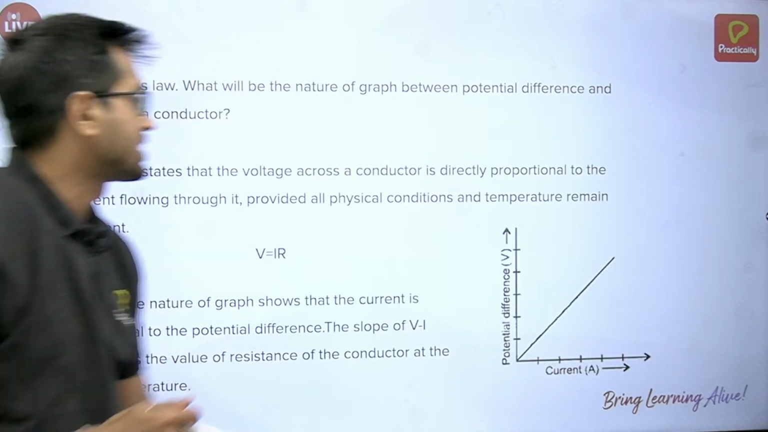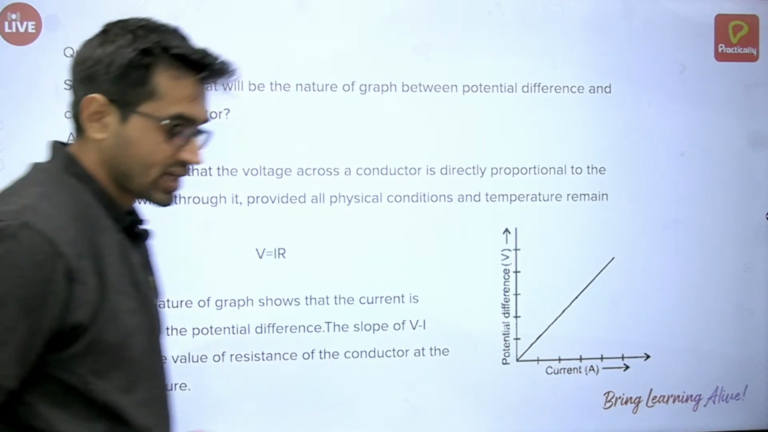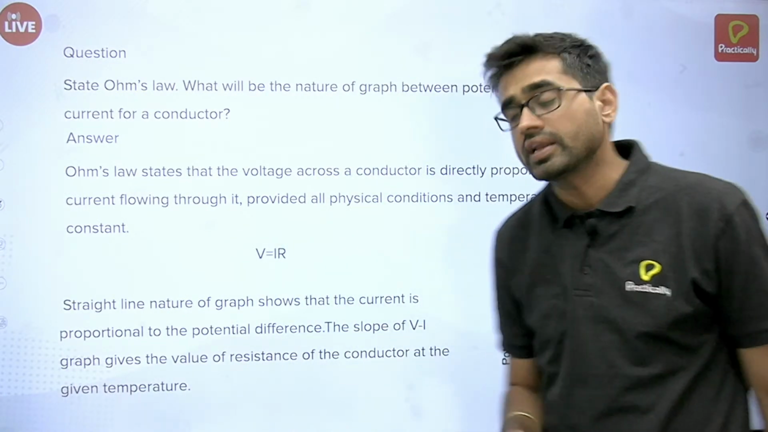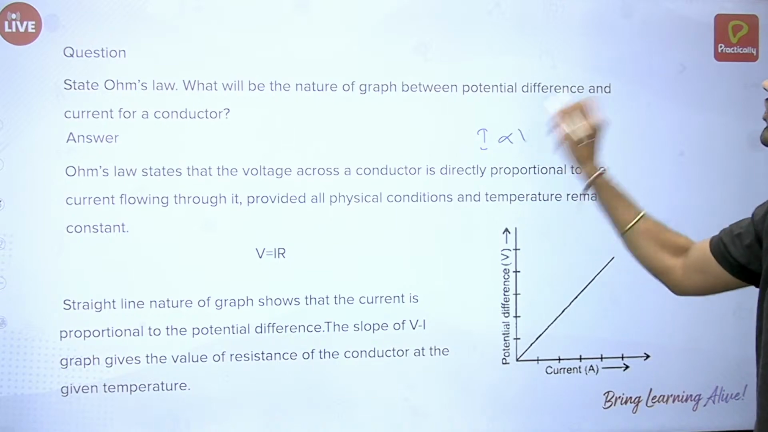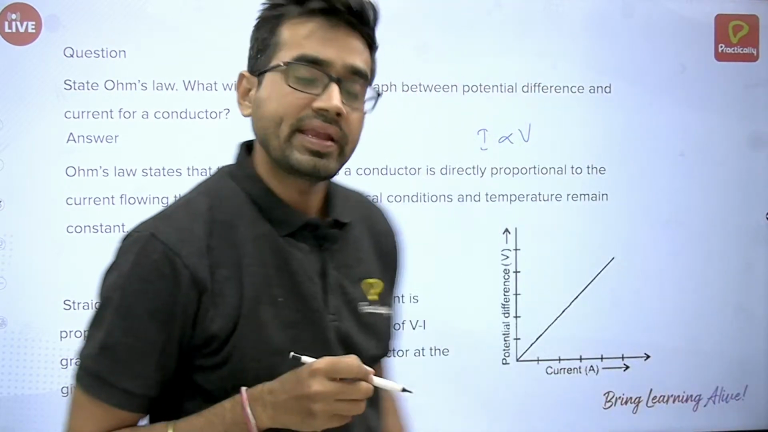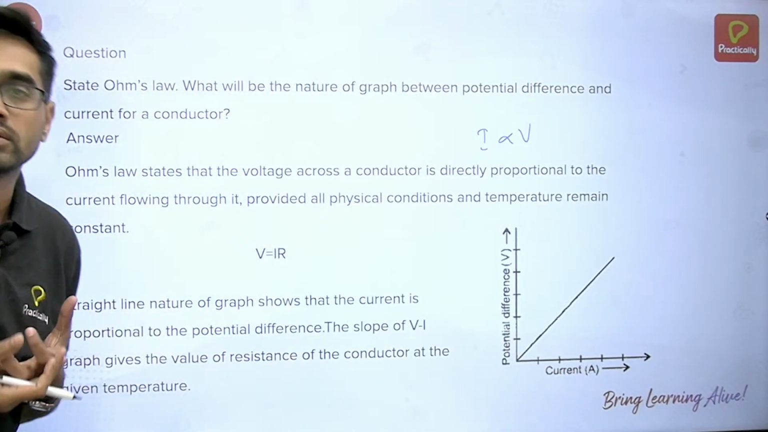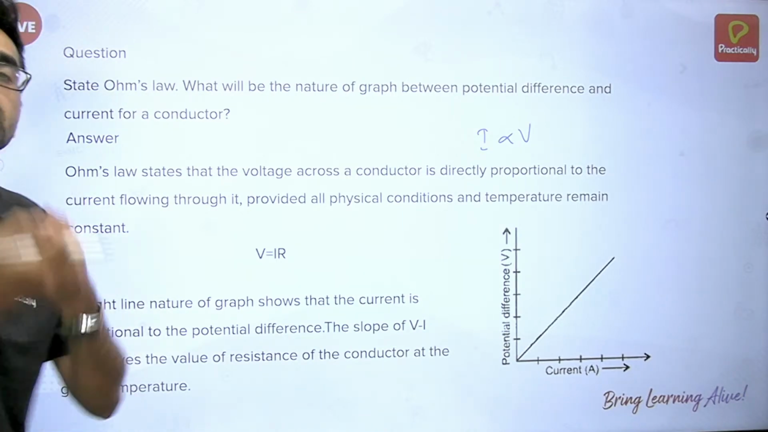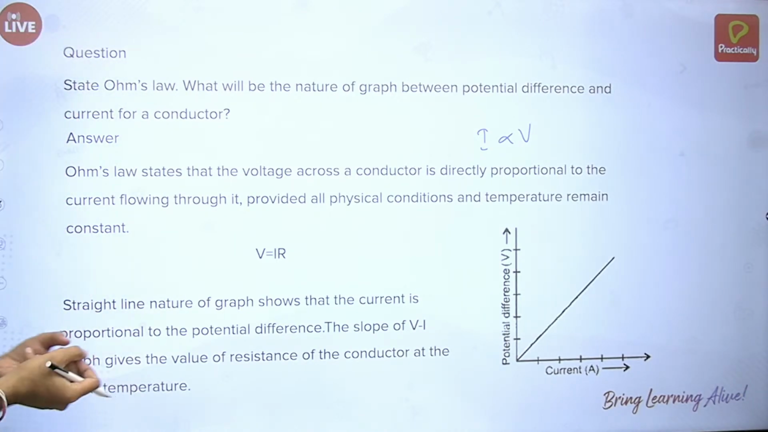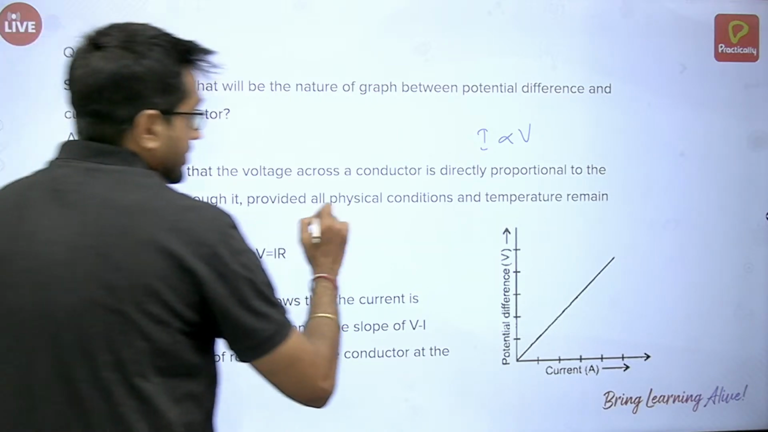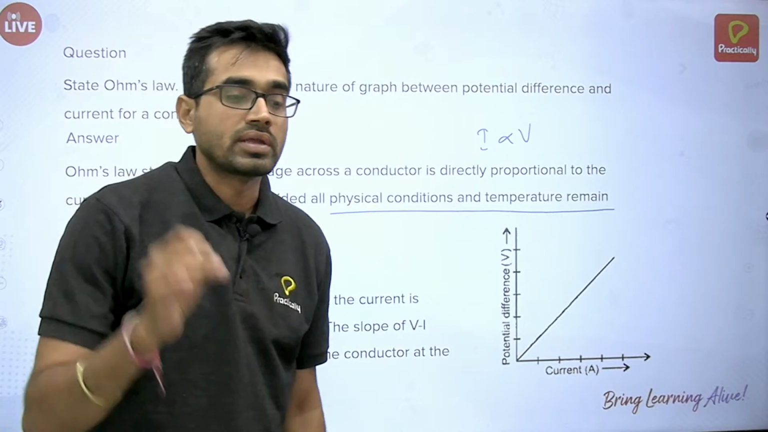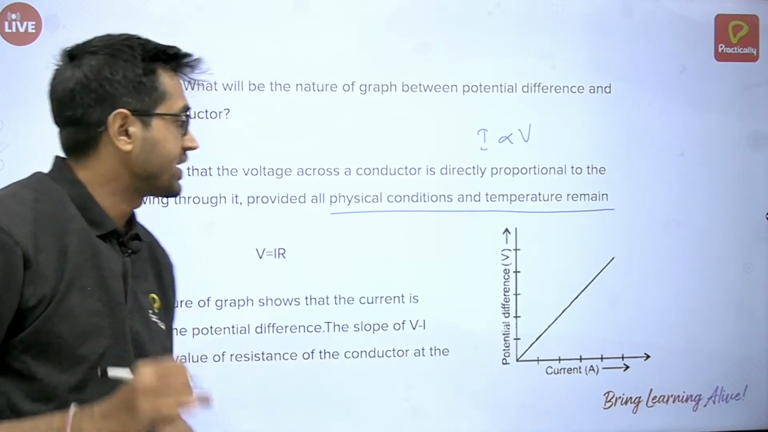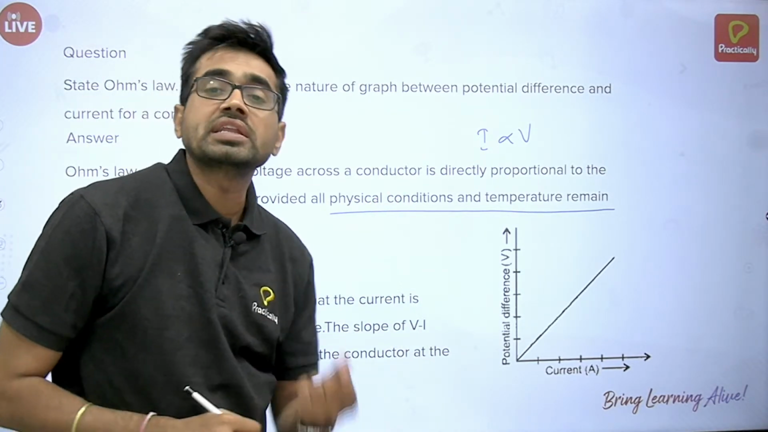And Ohm's law definition, everyone knows that whenever there is a voltage across a conductor, the current is directly proportional. So I is directly proportional to V. And this is a constant, which is nothing but the resistance of that wire. Remember that physical conditions and temperature should remain constant because the simple reason, beta, that the temperature changes the